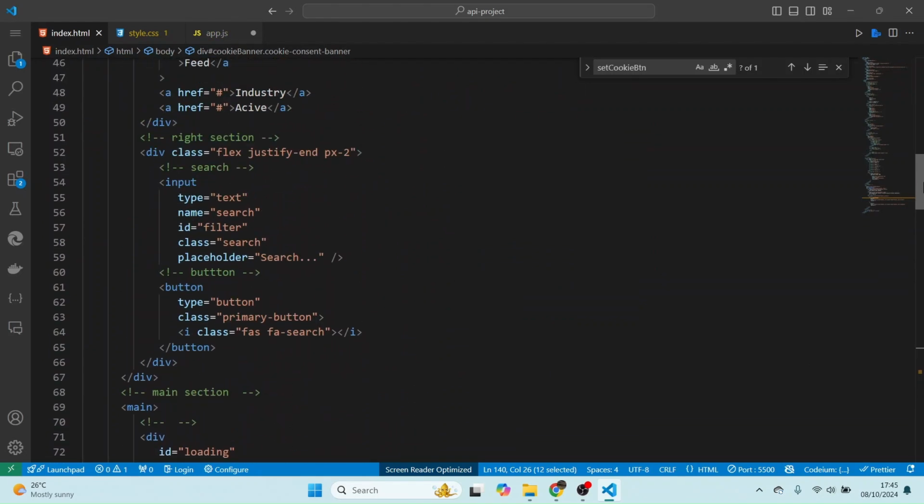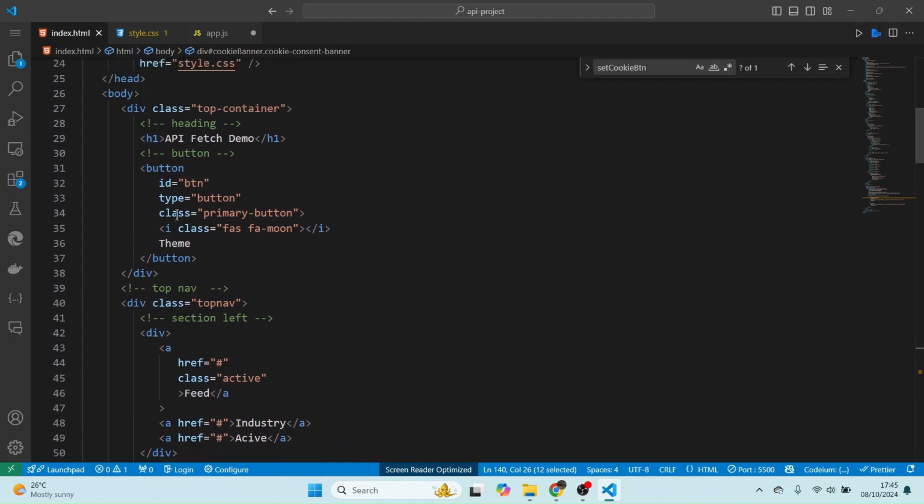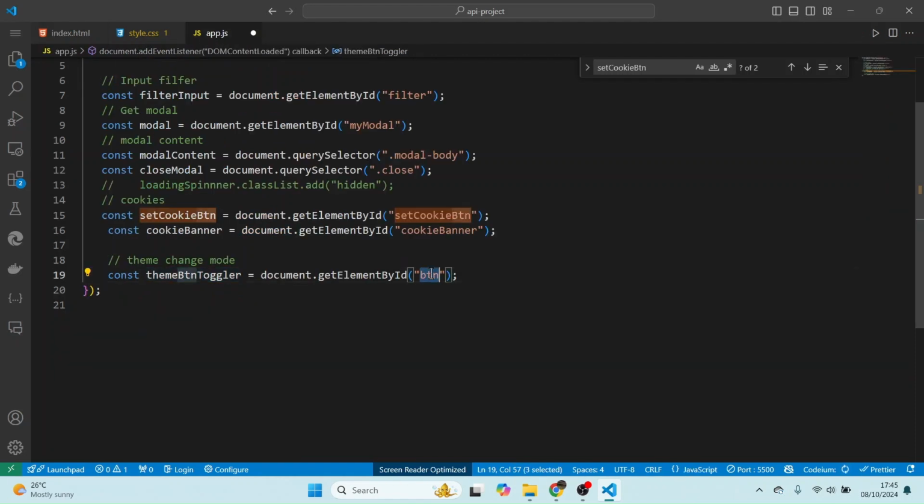Where is the theme? The theme is here. The id, there is no id. So the id set theme toggle helps us get it right. The id of theme toggle. So this is the one. Then we want to change here to theme toggle. Okay. So next,